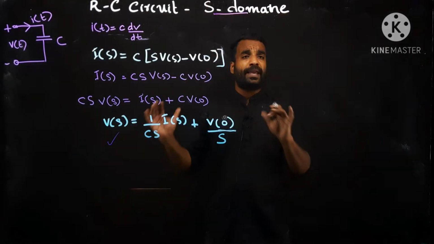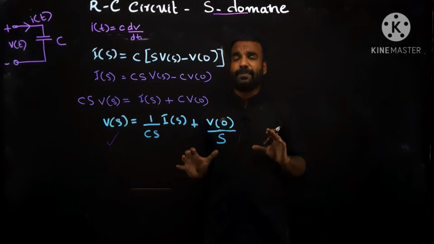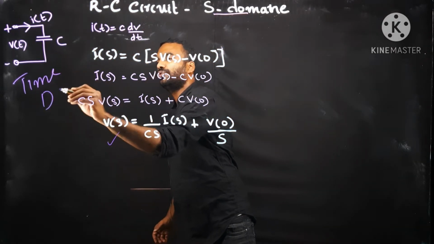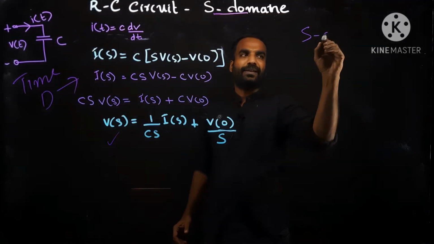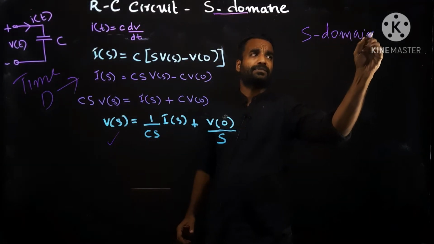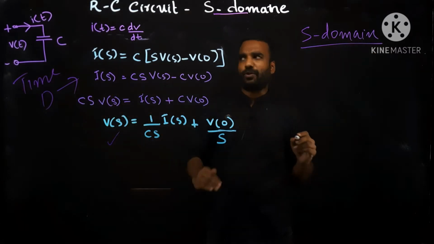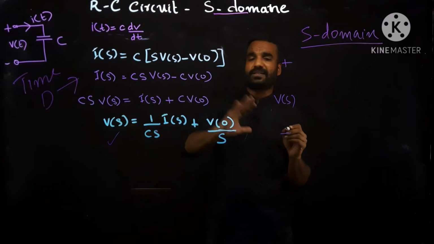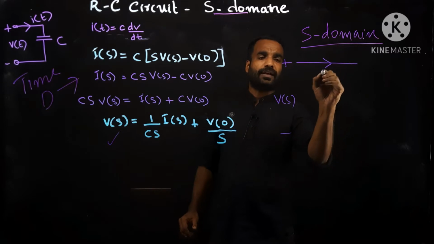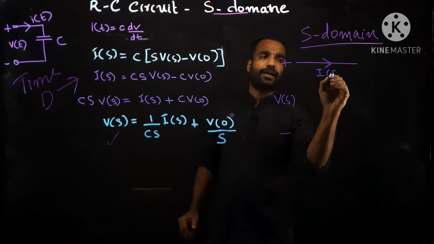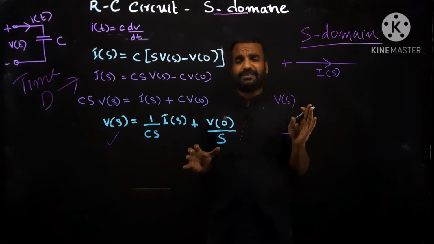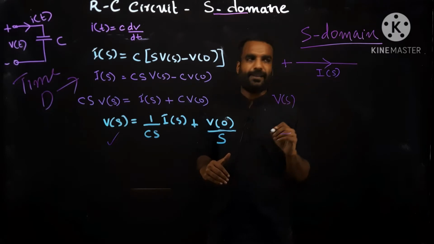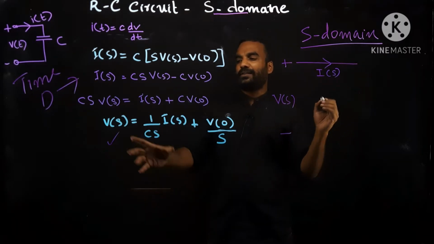Now I want to implement this model, that is nothing but I am converting from time domain to S domain. I am converting a simple capacitor circuit from time domain to S domain. So in S domain, initially it is V of S. V of t is replaced with V of S. And we are having a current I of t. Now it is capital I of S. For every parameters, while coming from time domain to frequency domain, we are using capital letters. I is capital.